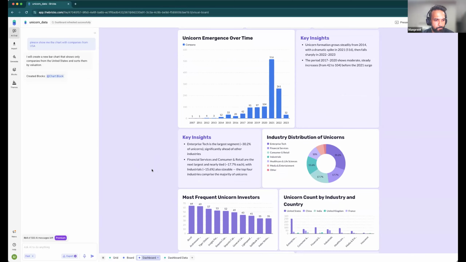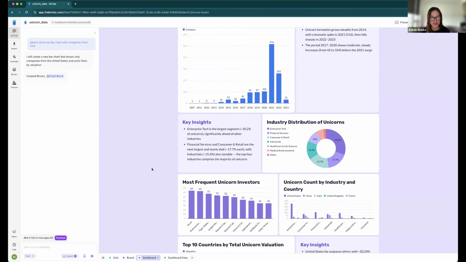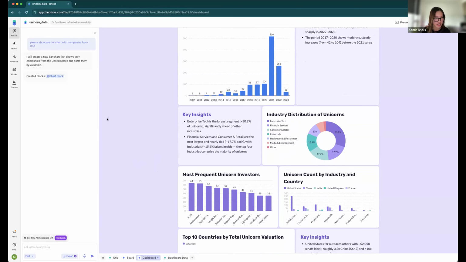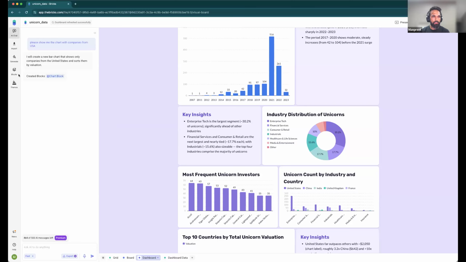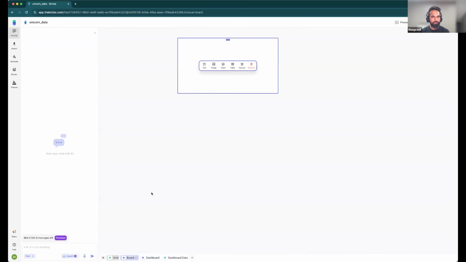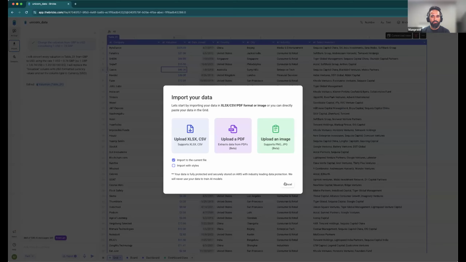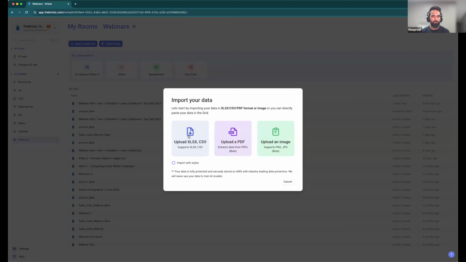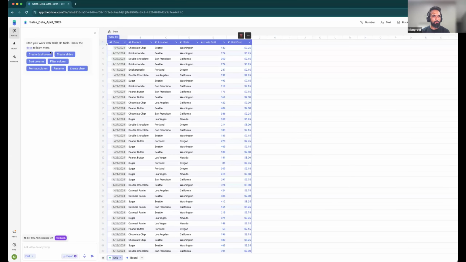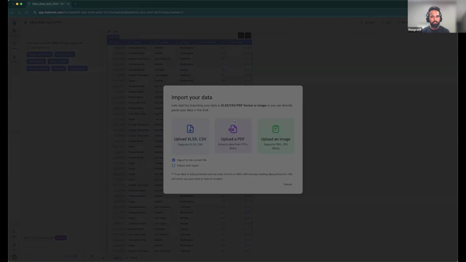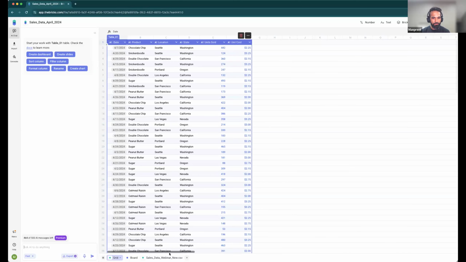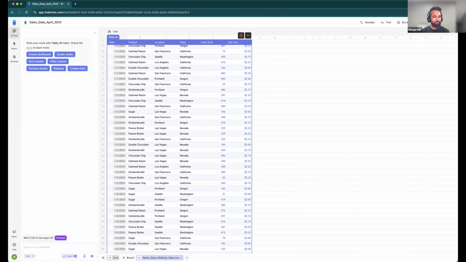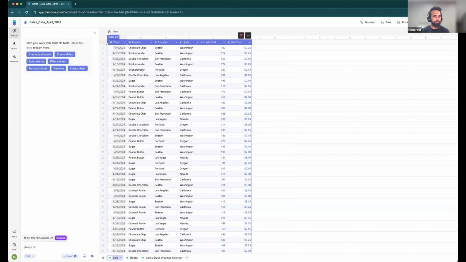Could you also show how we can create a dashboard for multiple files, if we'd like to add another file to this dashboard? Yep. Basically, you have an option to import to the current file if you want to import your data. Once you have imported the data, let's say I have another file which I want to use for this particular use case. I have sales data from April here, and I want to import the data for the new month. This was the earlier data, and now I have new data which I want to use. So these are the new tables, and I could just say, please create a dashboard